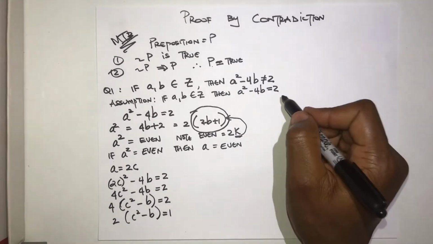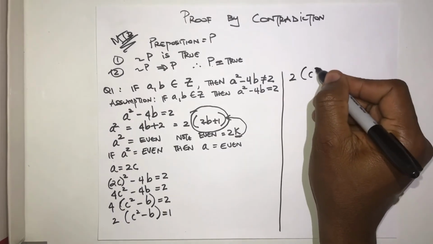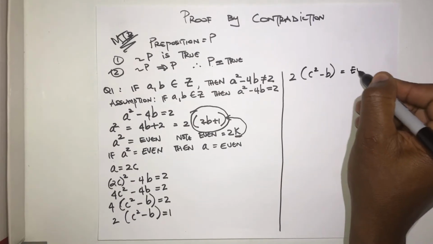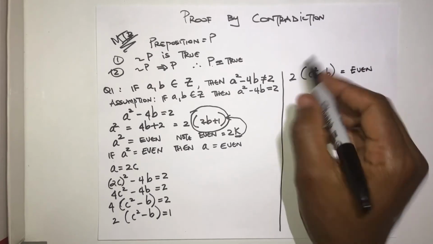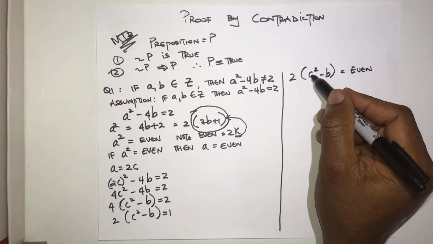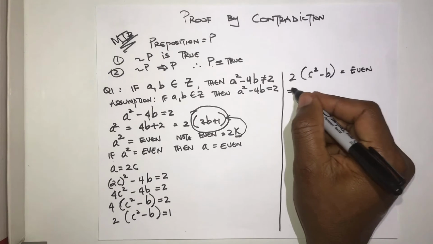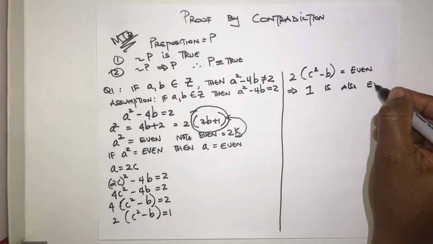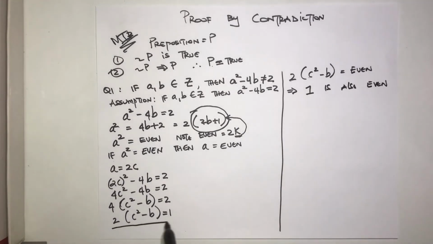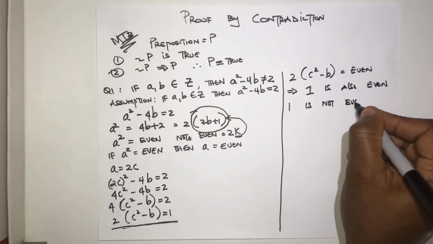Now, looking at this here, we can see that 2 times (c squared minus b) is actually even, right? Now, because an even number is denoted by 2 times an integer, where the integer here would have been c squared minus b. Now, if this is actually even, this implies that 1 is also even, based on this equation here, 2 times (c squared minus b) equals 1. But we know that 1 is not an even number,